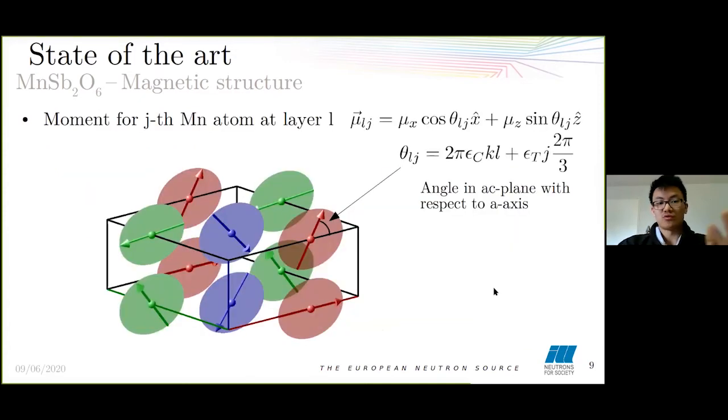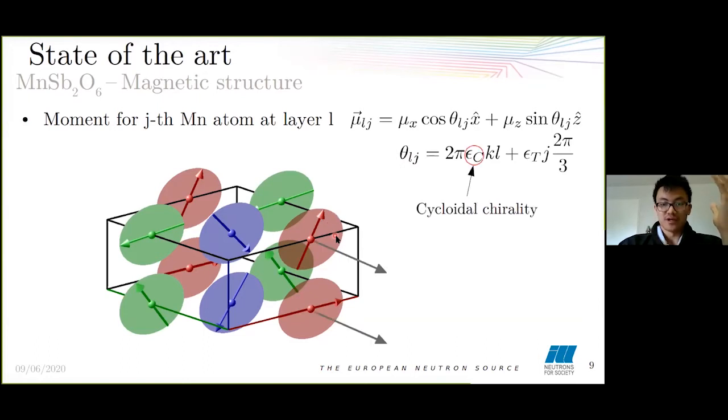Now we can describe the moment of the Mn atom by this formula, but what is interesting here is the angle theta, which is describing the angle in the AC plane with respect to the A-axis. And this angle contains very important information in our system because it contains the magnetic chiralities. So in general, you can define a magnetic chirality as the rotation of the spins with respect to our oriented